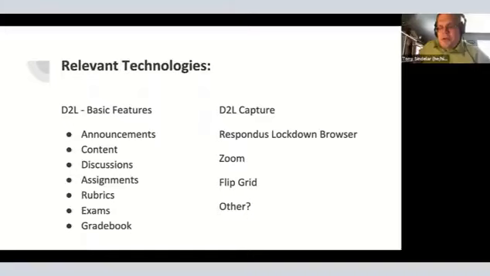It used to be that the tools for doing that were cumbersome and clunky. And now we've got a couple of tools that are built into D2L, or in the case of Flipgrid, an add-on to D2L, that make it really easy for students to relatively quickly produce video content to share with each other. That's been a big deal in programs in the spring and summer where students really need to be practicing something and showing it to other students or to an instructor to document what they're doing, and a text-based discussion is just not going to cover that. I know that's a lot, but that is a big range of things that you might think about using